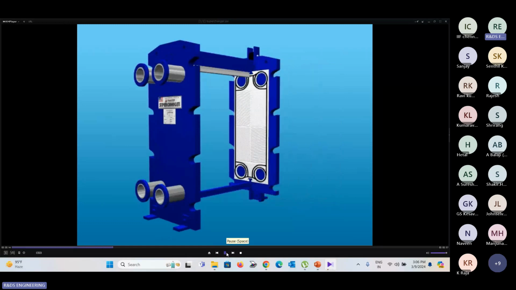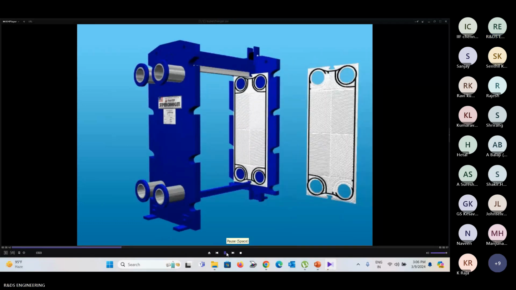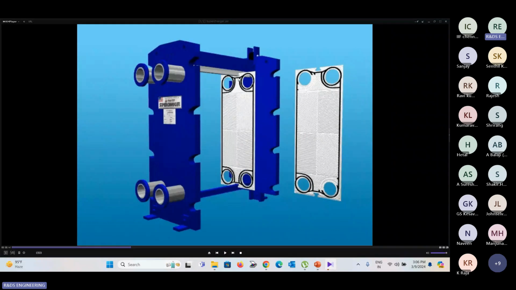See the first plate which is going inside. If you see the gaskets on the first plate, you can see the black mark. All the ports are ringed, covered with complete rubber gasket. So there is no way for the fluids passing through the heat exchanger to escape. So on the first, the blue frame and the plate, there will not be any flow because of this restriction. Even this restriction, you can see the 2 black lines.